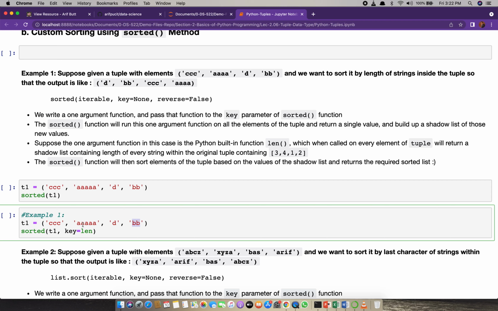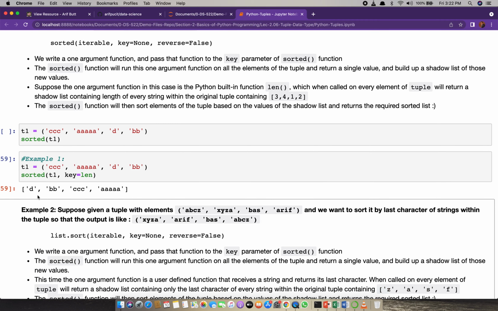So a shadow list will be created, and based on the elements of that shadow list, this list will be sorted. So finally you will get the desired result: D, BB, triple C and 5 A's.